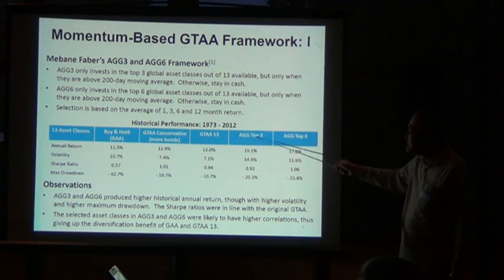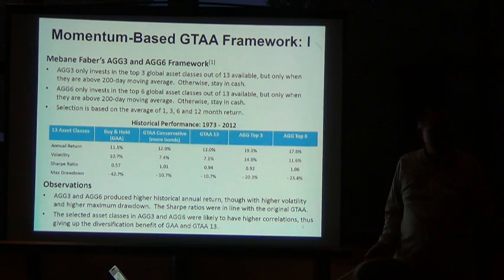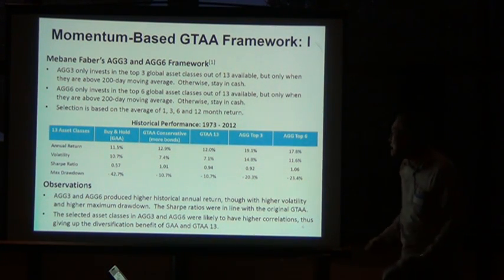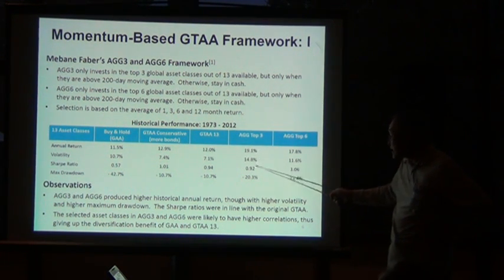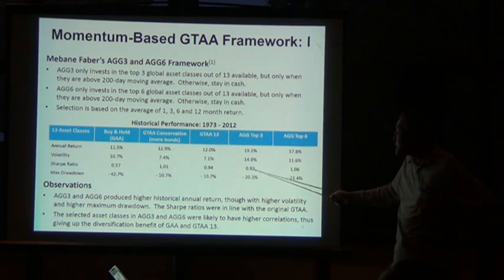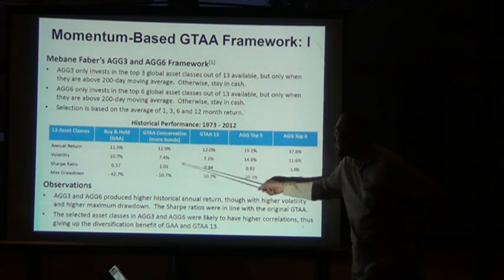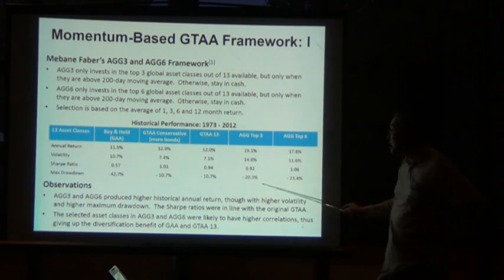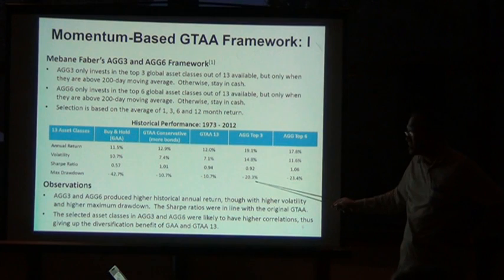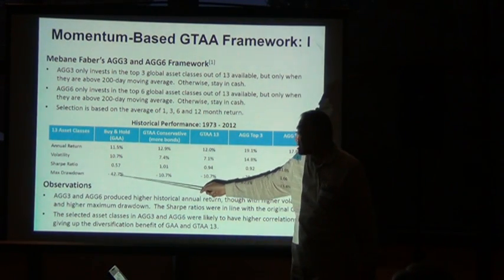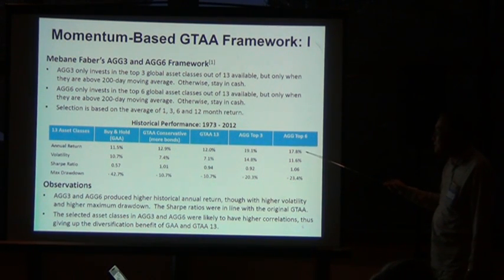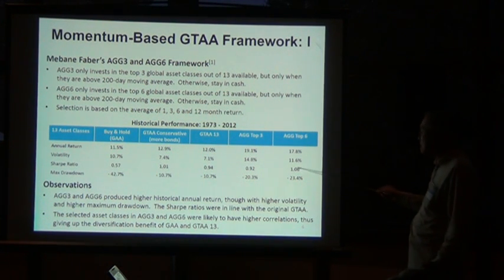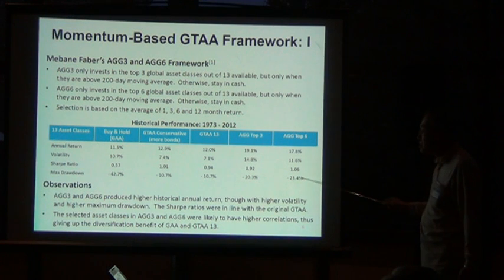Now on the AGG3, only investing in the top 3 out of the 13 available asset classes, he was able to get the return up to 19.1%. Volatility is higher. Sharpe ratio is not higher than either one of them because the drawdown percent is quite severe. It's -20, so obviously not much better than the buy and hold approach. On the AGG6, he got a return up to 17.8%. Sharpe ratio, I would call them about the same. The drawdown is